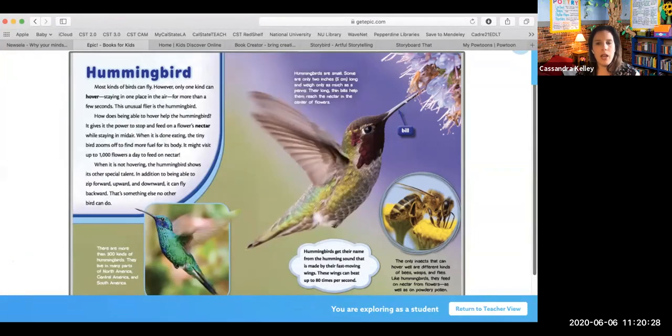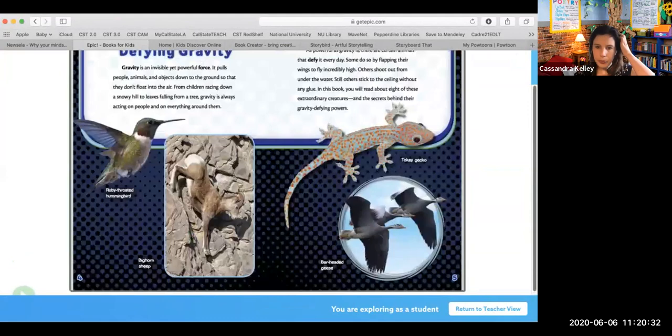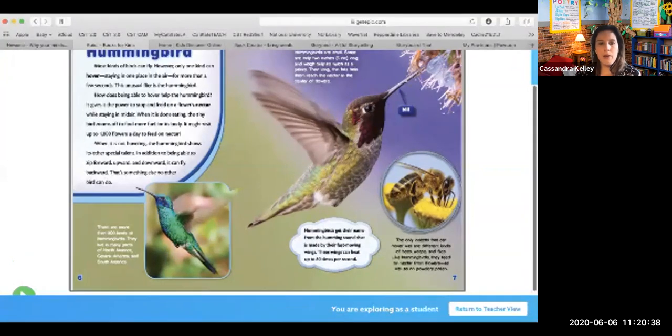I wanted to go to a specific part, but I'm having a hard time doing that on my version. So it looks like it just kind of auto plays from the beginning. But still, it's a really nice feature that it will read it to the students, right? And go through the different parts. And not all the books do this, but as you can see, it kind of hovers over stuff and then I can click on things. So I'm going to go out of this